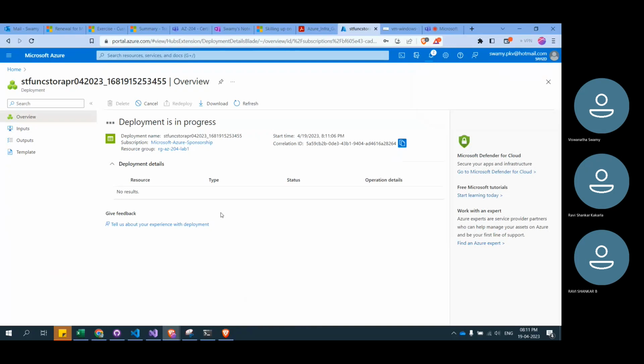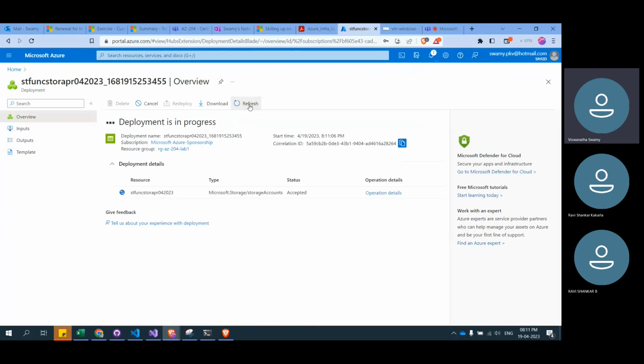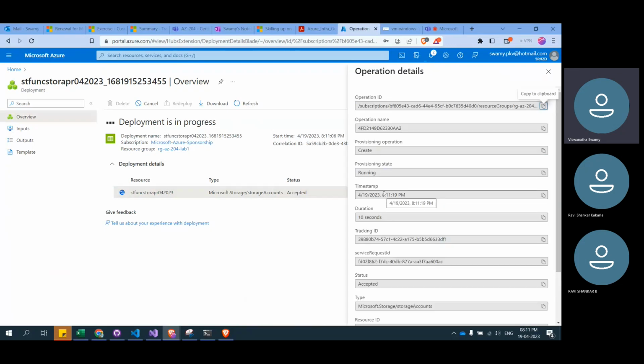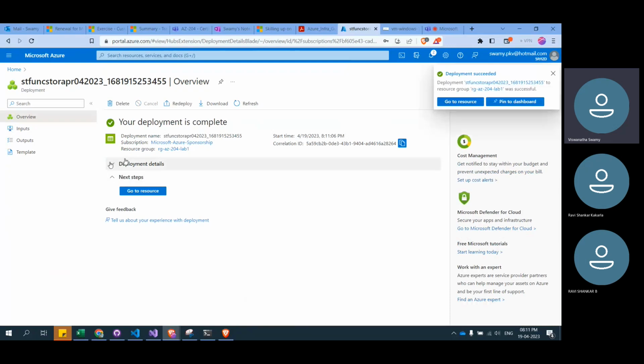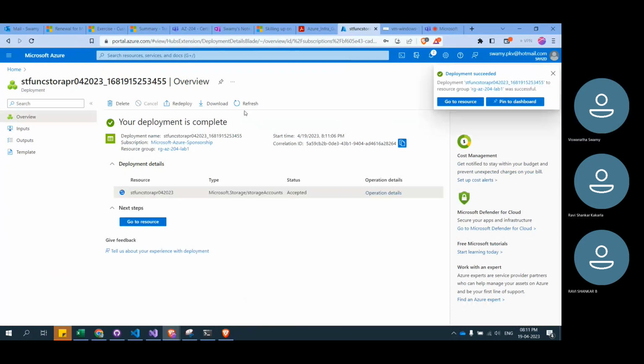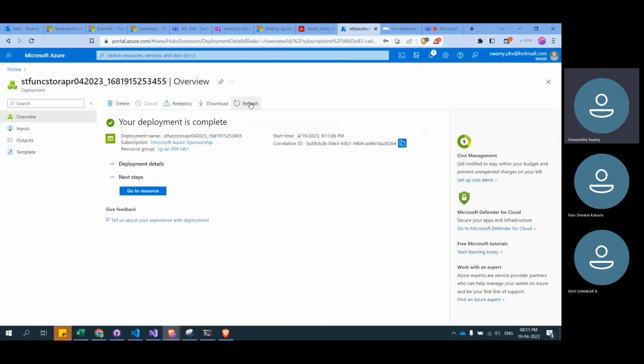So let's keep this, and I'm creating the storage account. Here, you can see that the storage account is being created, and one important thing we have to focus on is, when we create the storage account, for us, it is broadly one resource. We said, okay, I'm creating a storage account, but what is getting created under the hood is what we are going to see now. The first thing is, it's creating Microsoft storage accounts. If you come back to the deployments and do a refresh,